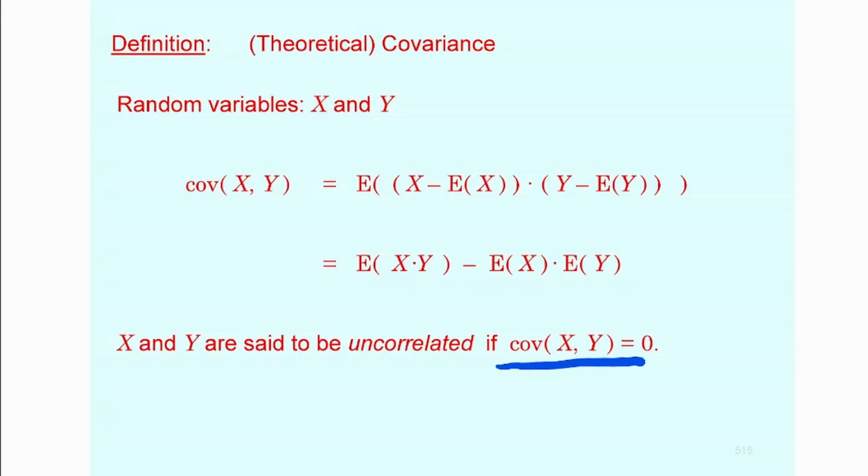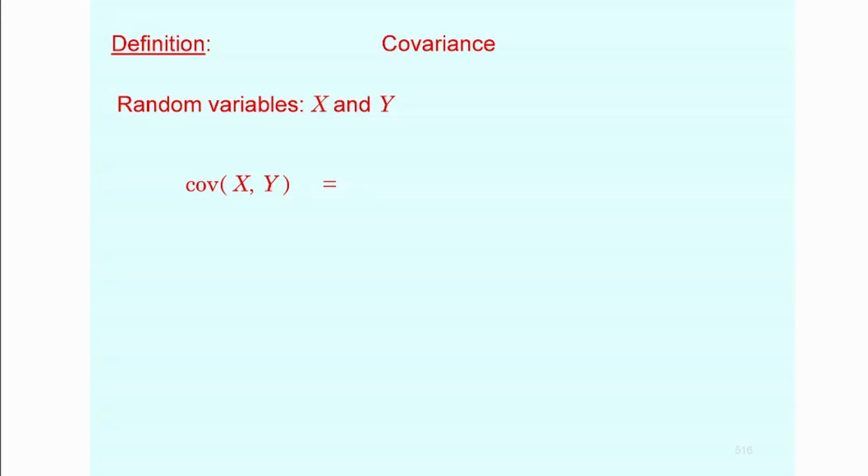Independence means that there is no relationship between them at all, and uncorrelatedness means that there is no linear relationship. If there is no relationship between them at all, then there is no linear relationship, but just because there is no linear relationship between them, that doesn't necessarily mean that there is no relationship between them at all. You understand the point? But the most common relationship is the linear one. So if there is a relationship between two random variables or two samples of some sort, most of the time it's going to be the linear one. However, this is not necessarily true. Anyway, that's something which I want to mention.